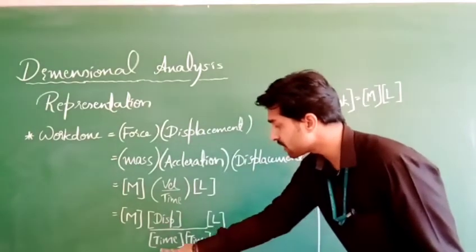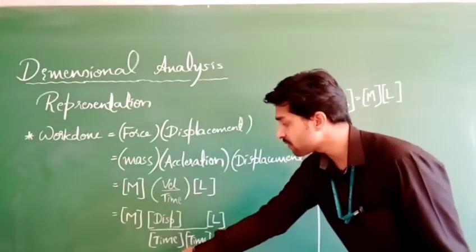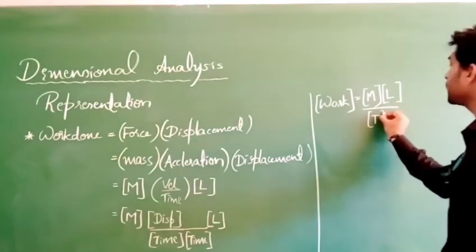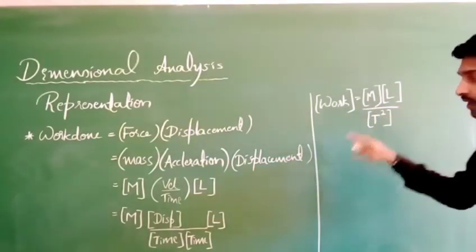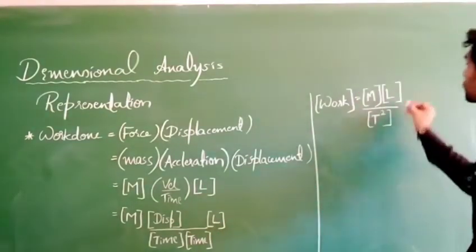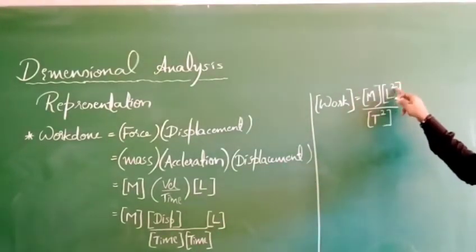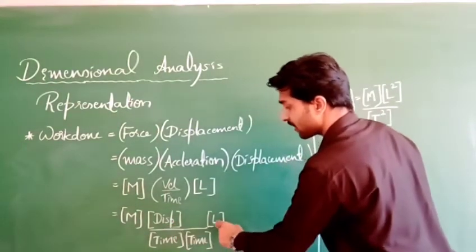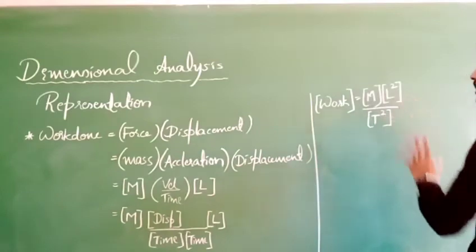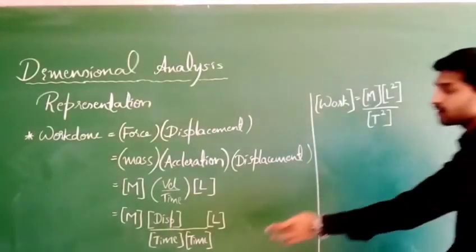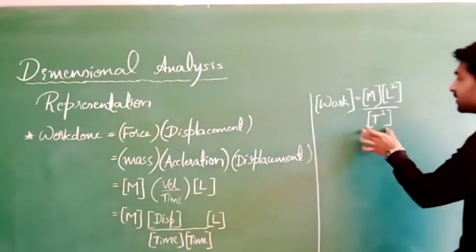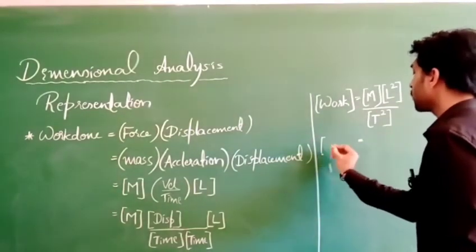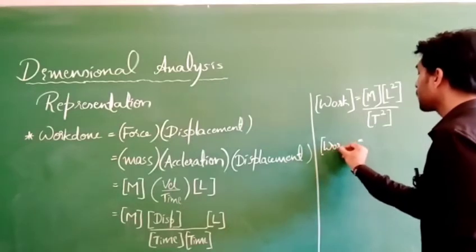Next, this is nothing but t, that means time. One more time we are having, that's why t to the power of 2. Next, here I am having one more length, that's why I can take it as L square, L into L. In displacement we are having one L, here one L we are having, that's why L square I will be treating. Here in denominator, time into time, that will become t square.